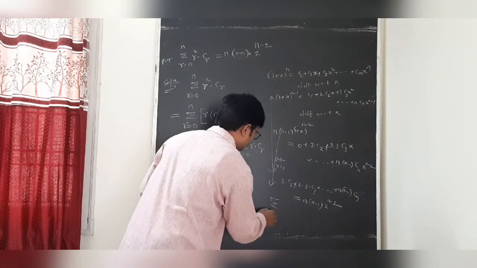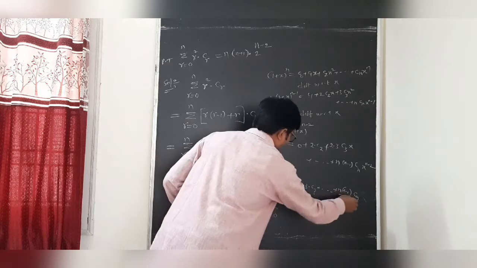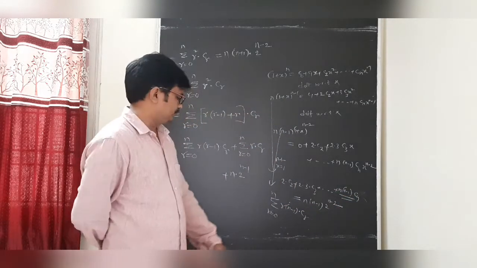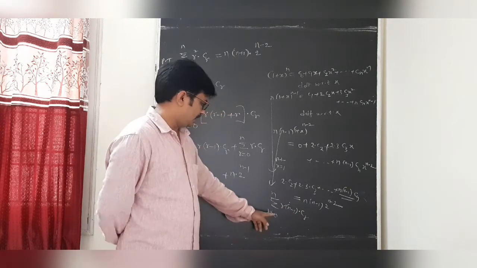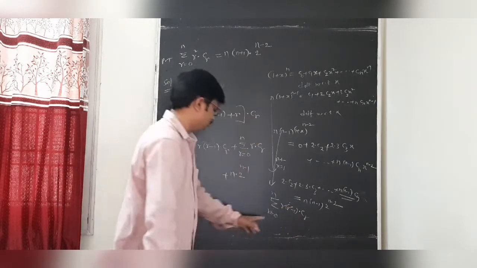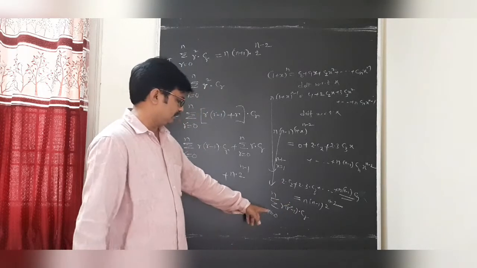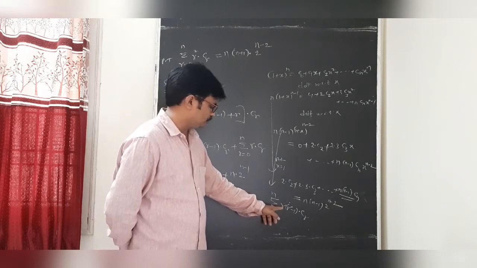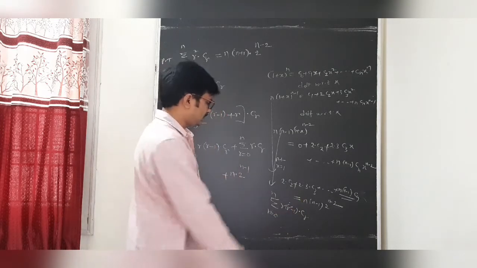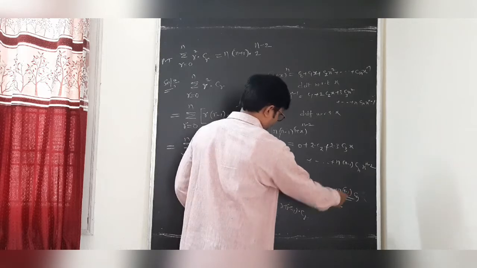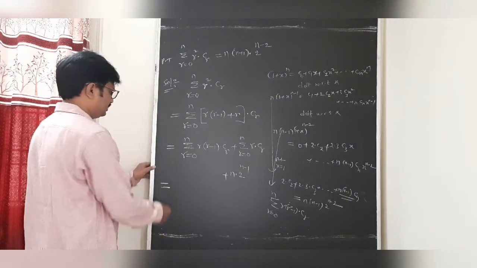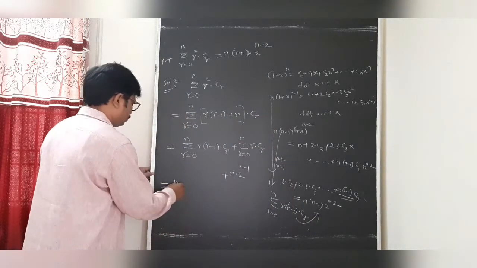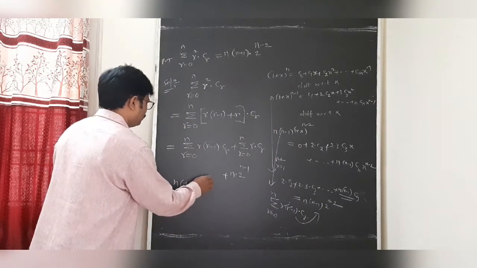How can you write, student? Sigma r equal to 0 to n, the last term is there, r into r minus 1 into Cr. So students, now we observe r equal to 0, this will be 0. r equal to 1, dear students, 1 minus 1, 0. When we are taking r equal to 2, 2 into 1 into C2. When you are taking r equal to 3, 3 into 3 minus 1, 2 into C3. Similarly, r equal to n, that is n into n minus 1 Cn. So students, this r into r minus 1 into Cr formula is n into n minus 1 into 2 power n minus 2.